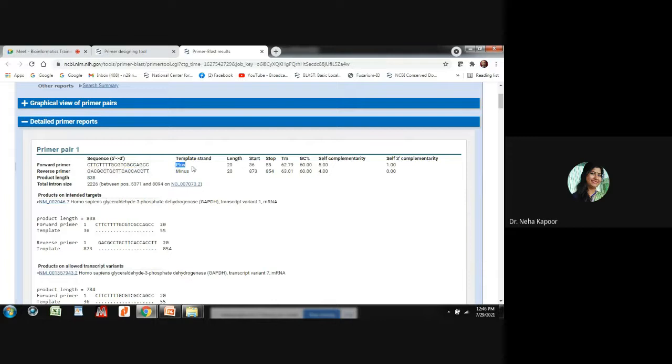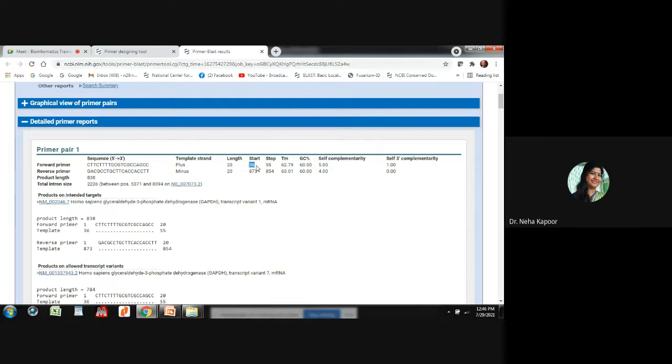Template strand, this is for the coding strand. The forward primer will attach to the coding strand, that is the main one. And this is for the minus strand. Length is 20 base pairs. Start point means that on the sequence that I have entered, at the position of 36 base pair, this forward primer would anneal. This is the start position, because you know that whenever a particular protein is synthesized, whenever you study for coding purposes, you go for ATG, that codes for methionine. You can use that method also if you want to design the primers manually. That is also a method.